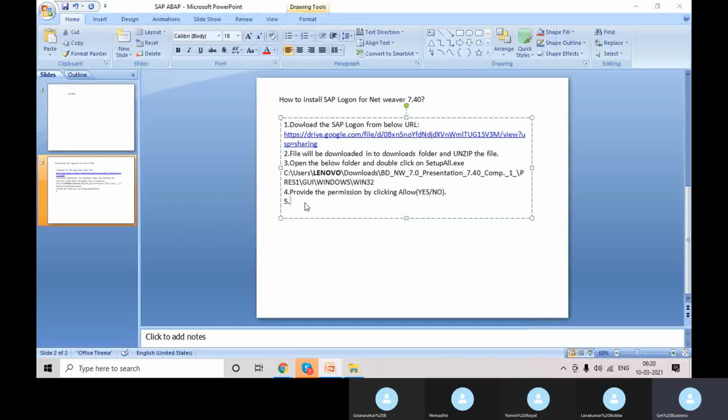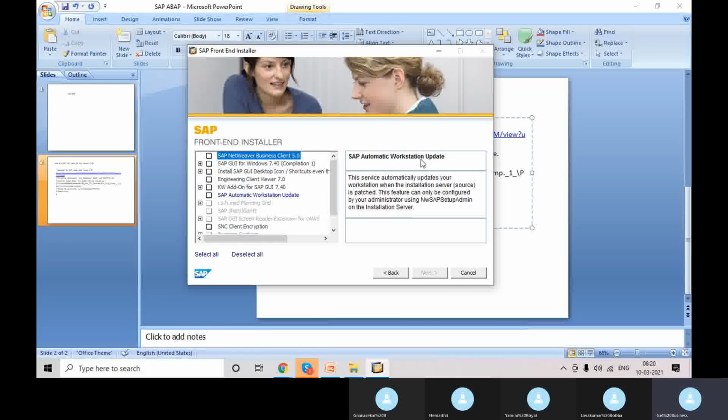So capture that step also. Choose next. Okay, the next pop-up. There are many options here. We are supposed to install SAP GUI for Windows 7.4. This is our motto of this call. You can see I'm just selecting this, and along with this we need to select the NetWeaver Business Client also. However, we will not use that software, but you can just click on this.